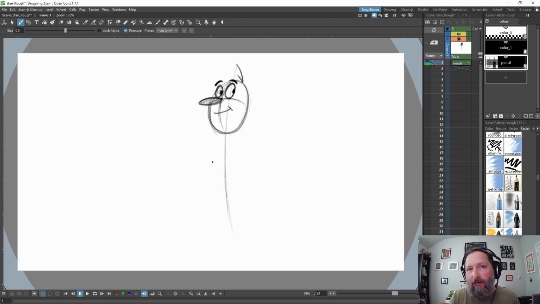Sometimes I do this line before I even start drawing, and sometimes if the character's feeling too stiff or it feels awkward, I'll go in and do a new line of action and then adjust everything to follow that line of action. Okay, so he has a little neck,